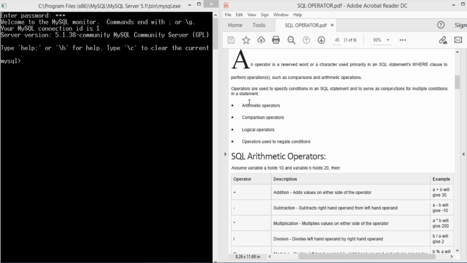There are mainly four types of operators used in SQL: arithmetic operators, comparison operators, logical operators, and operators used to negate conditions.